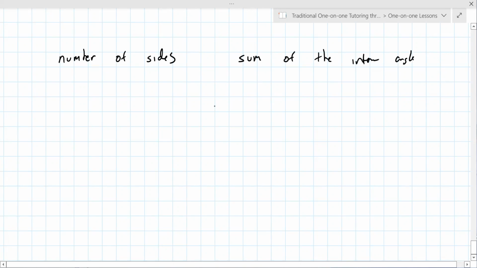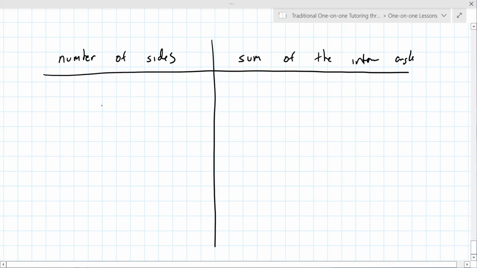It's not too big of a table. A 3-sided polygon, we know that's a triangle. Do you remember what all the angles in a triangle add to? What is the total of all the angles in a triangle? 180. If it's a four-sided polygon like a square, and they all meet at 90-degree angles,